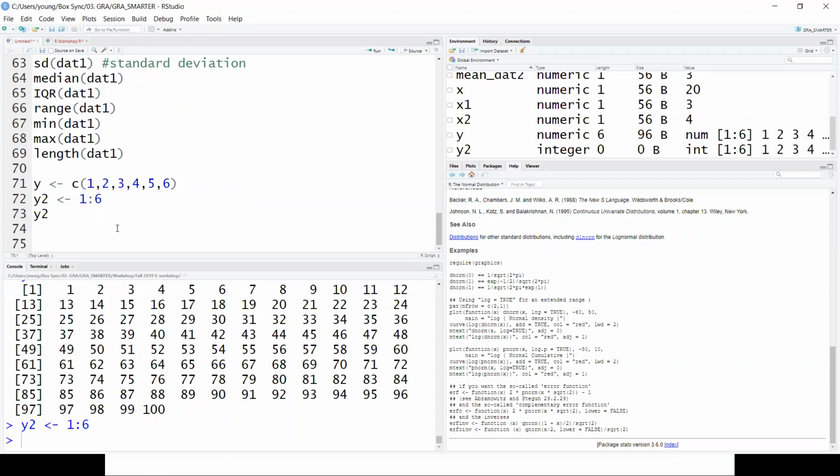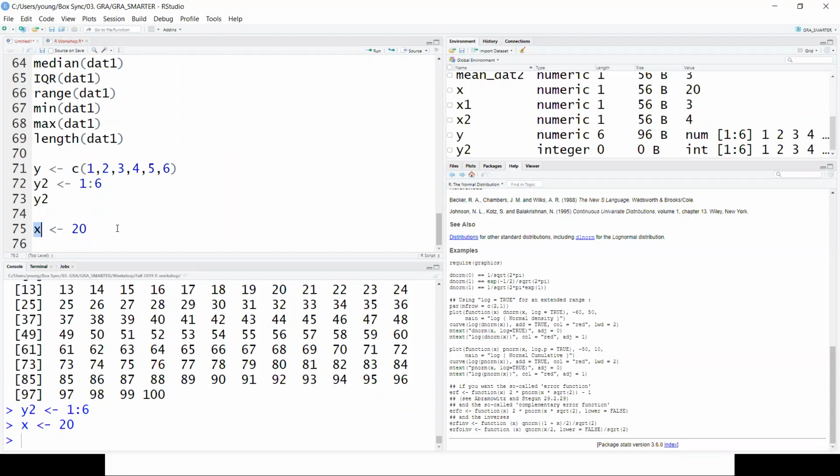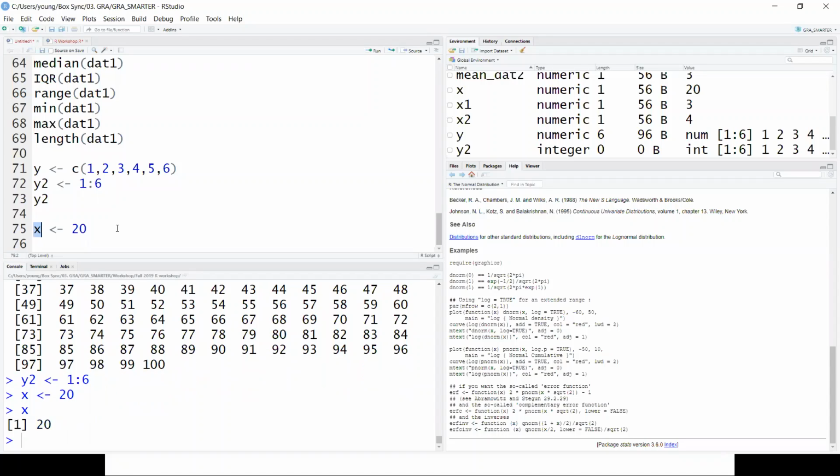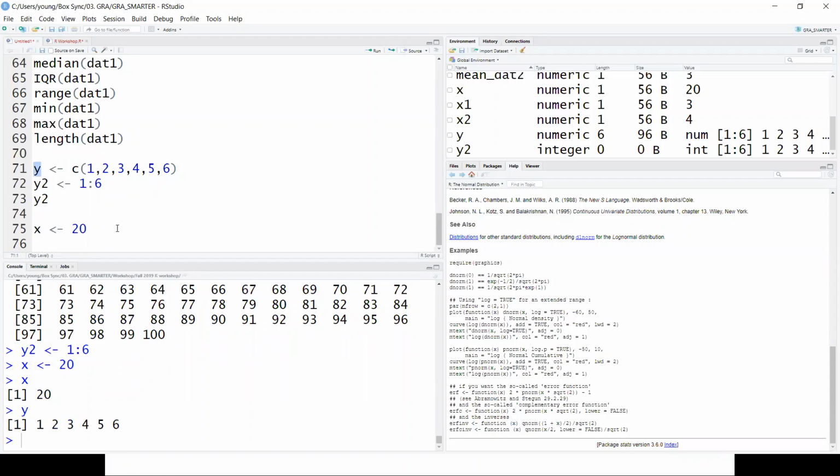And after making this vector, you can do some calculation with it as well. For example, remember that we assigned 20 by calculation to x. So x is 20 right now, and y is 1 through 6.